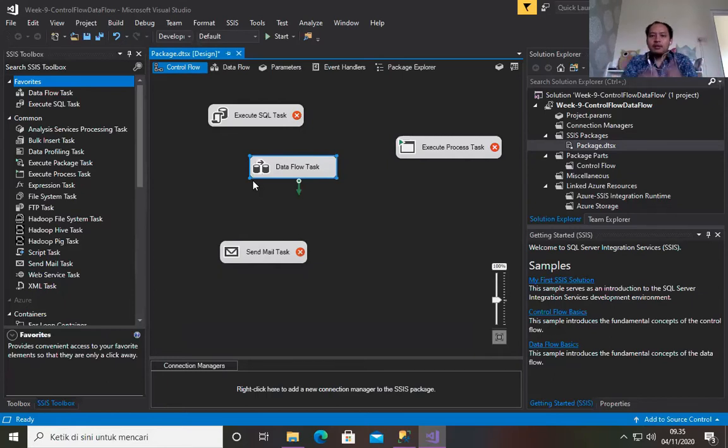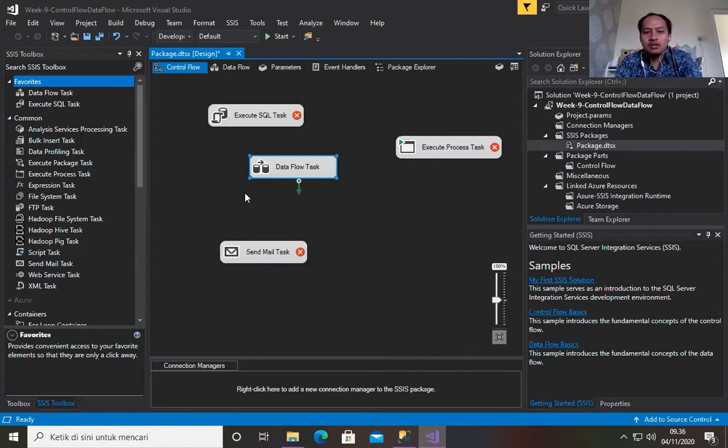When we are talking about ETL packages, we are talking about the ETL process. When we are creating an SSIS package, the main thing we want to achieve is moving the data from any source to any destination. This task has the heaviest, primary job of all the tasks in this toolbox.